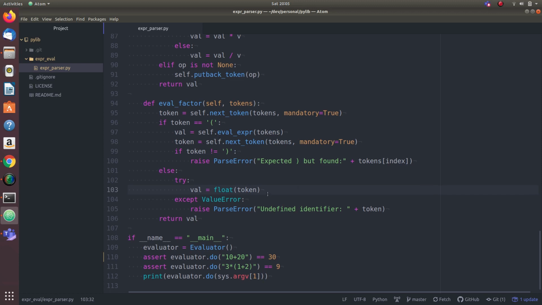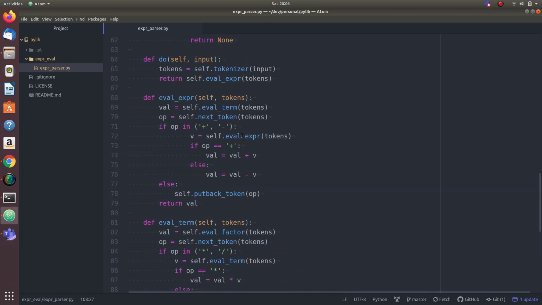So now this works. Now this current implementation does not support variables. So let us say we want to say something like this: 3 into x plus y. Now how do we provide these variables, and how do we evaluate variables? We can provide variables as simple maps or dictionaries, mapping the variable names to values. This is sometimes called an environment in programming languages.